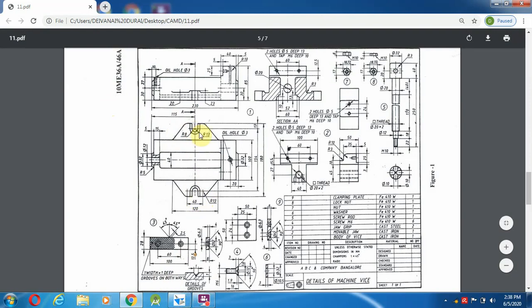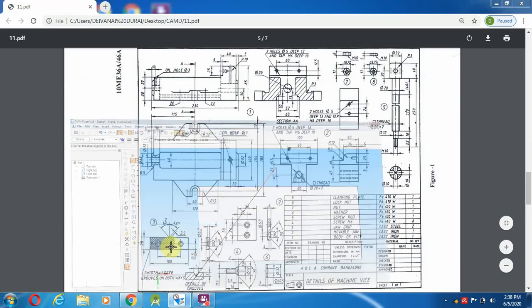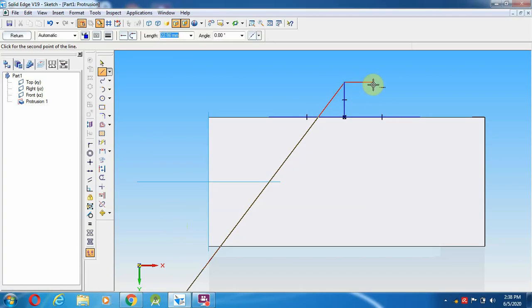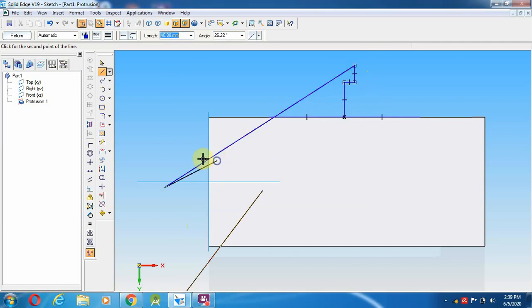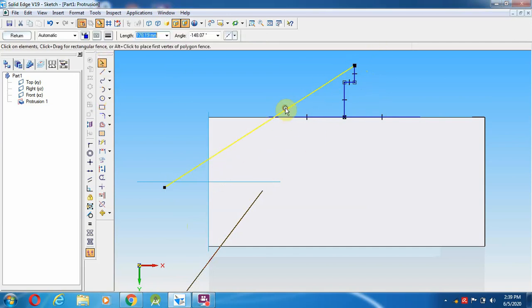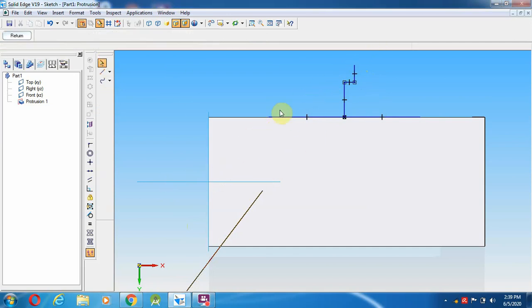Okay, right, 8 mm, and 180 minus 154, we are getting 26. So 26 means from here 13 mm distance. Those distances are also given here. So select a line from here to make 8 mm and 13 mm distance. After making the 13 mm distance, we are going to delete.